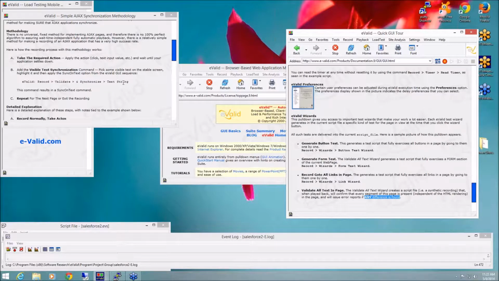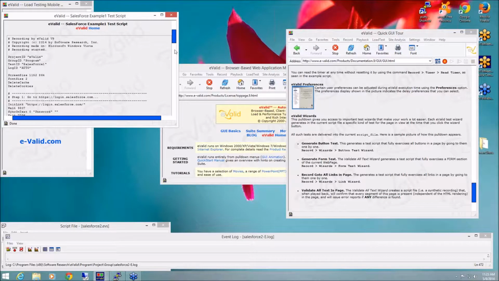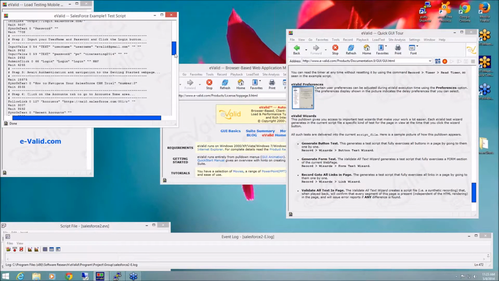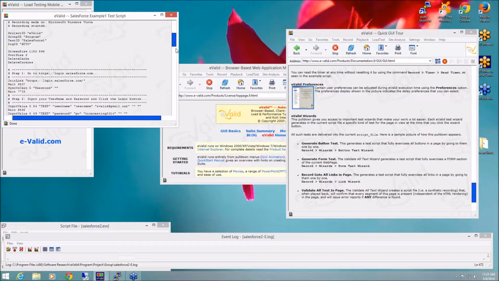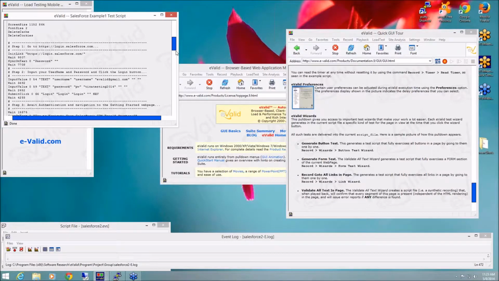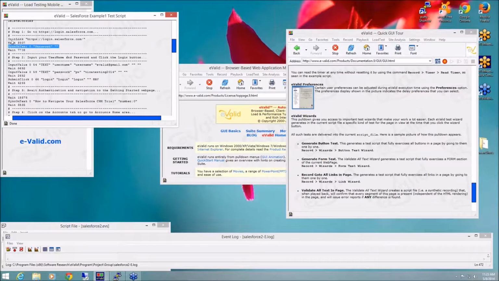What happens is eValid puts a sync on text command into the playback. At playback time, eValid will wait until the current page shows the particular text. The script that we're going to do here is the script that tests Salesforce, and this script was recorded live, and then it was augmented. But you see in recording live, we go to Salesforce, and there's the sync on text. So we wait. The way this works right there is the playback engine, as a functional testing engine, will